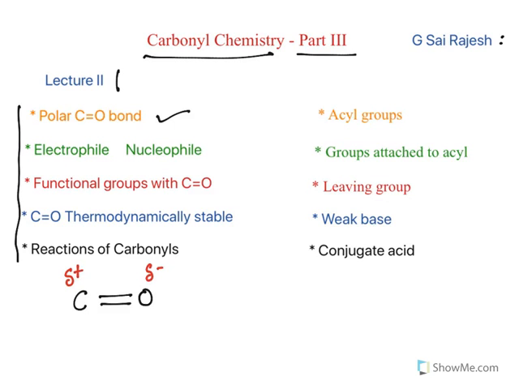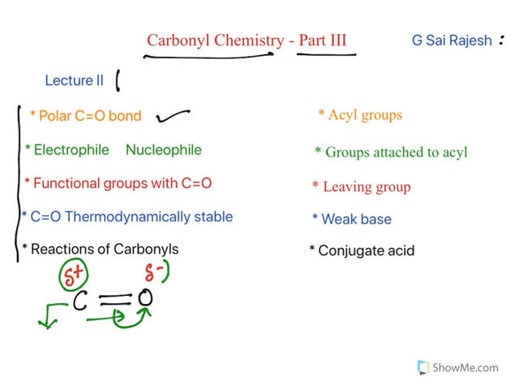The reason for generation of these charges is that oxygen is more electronegative than carbon. Because of its electronegativity, it pulls the pi electrons towards oxygen. Because electrons have a negative charge, oxygen acquires a partial negative charge, and the negatively charged electrons are moving away from carbon, and hence it generates a partial positive charge. Now the carbon with a partial positive charge is known as the electrophilic center.